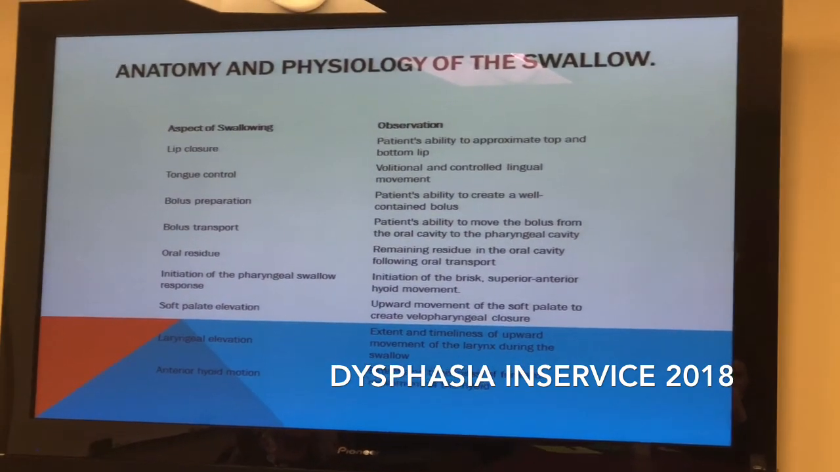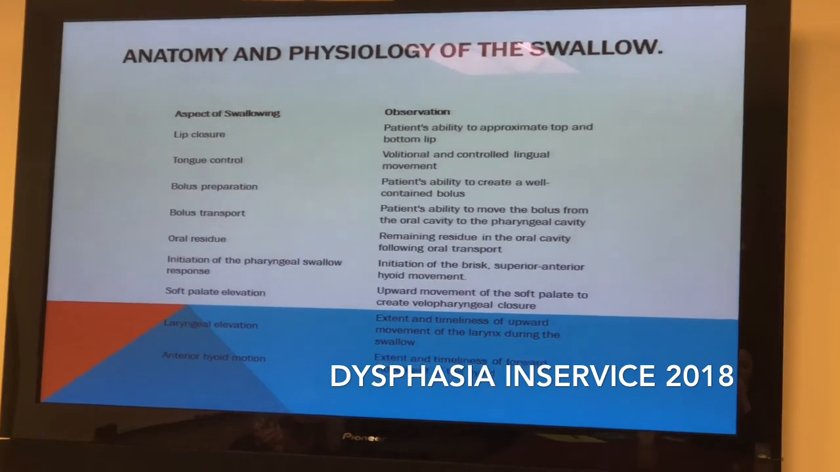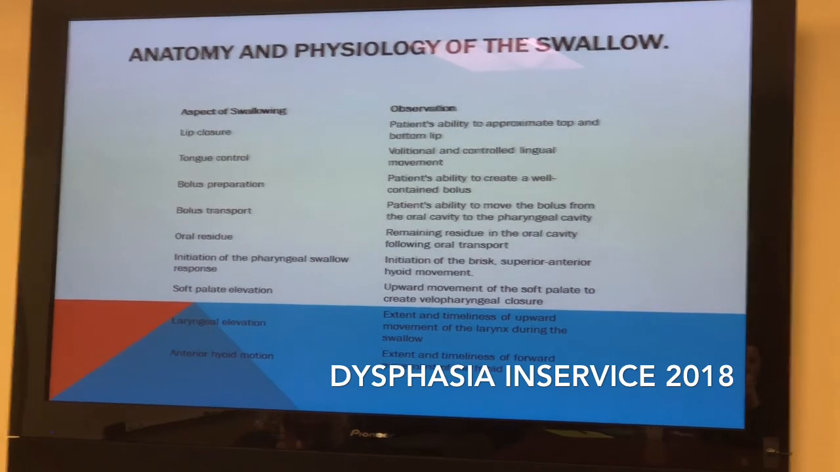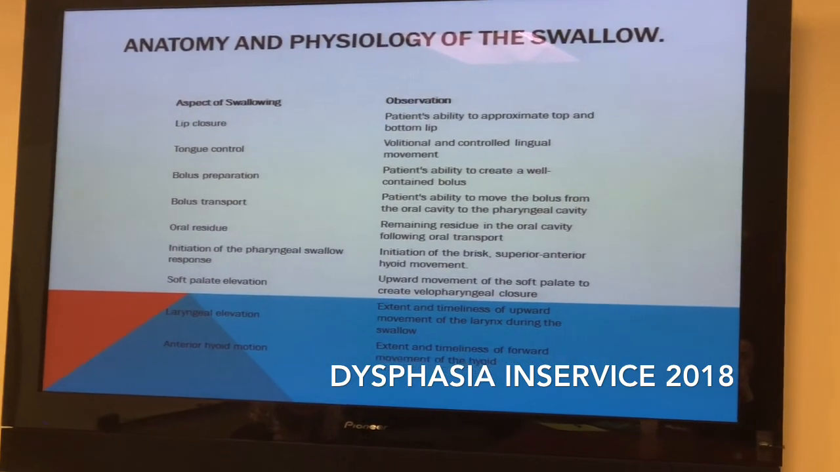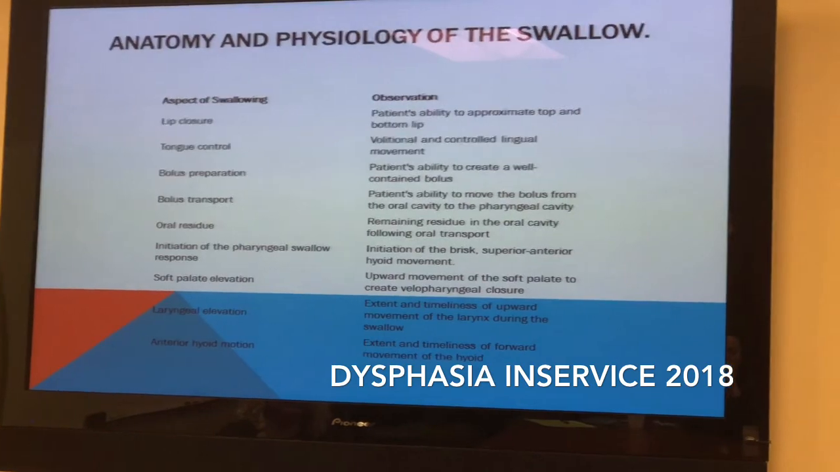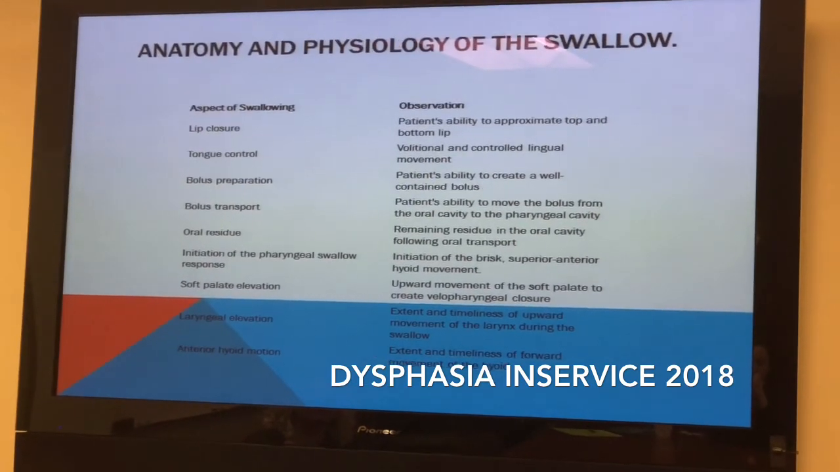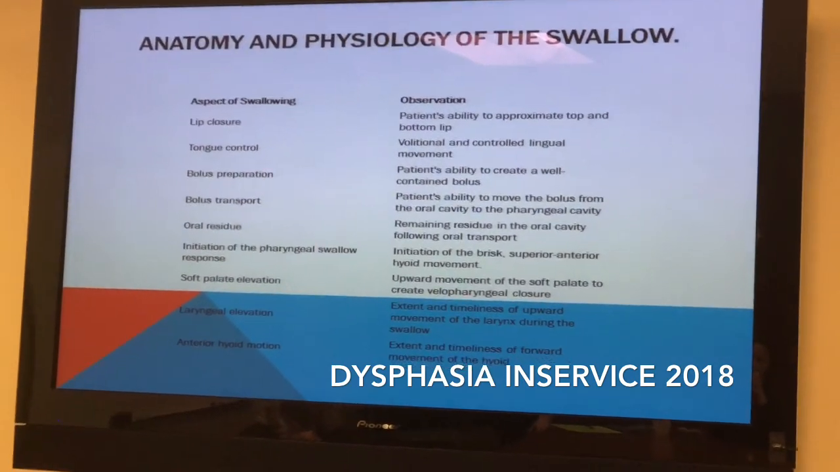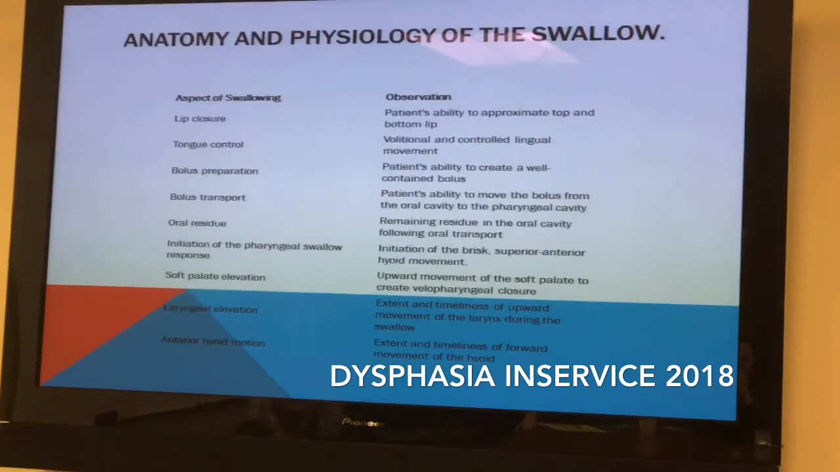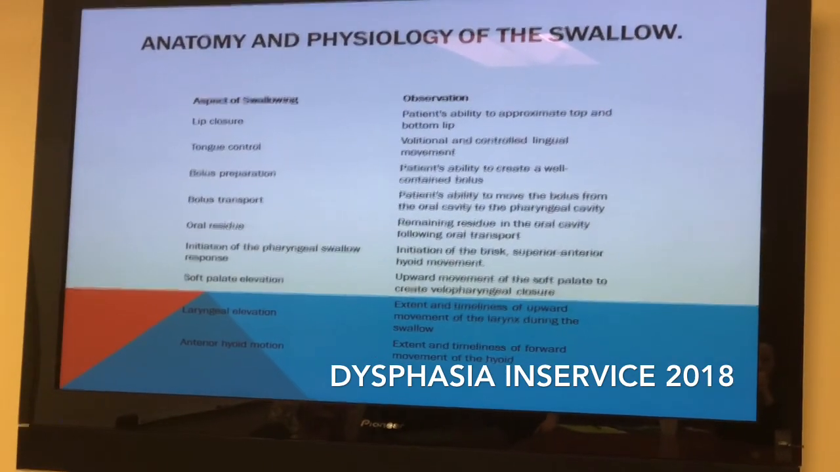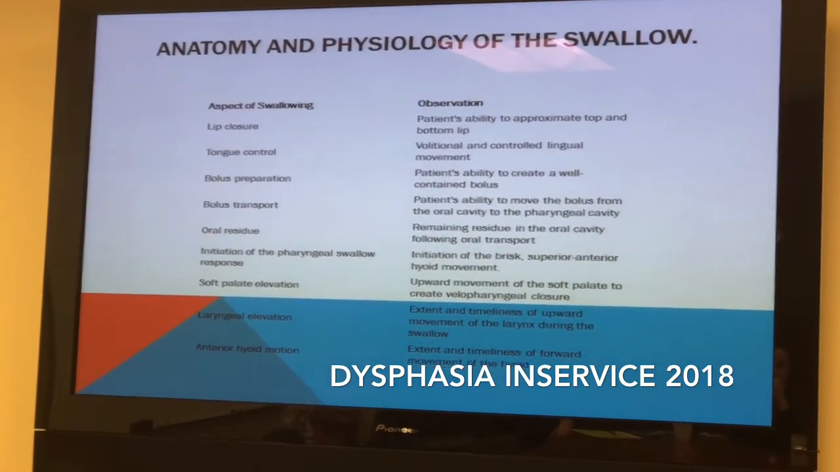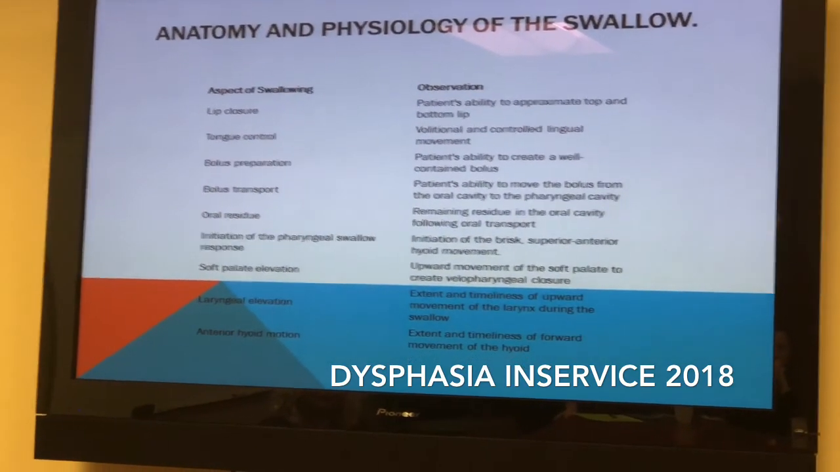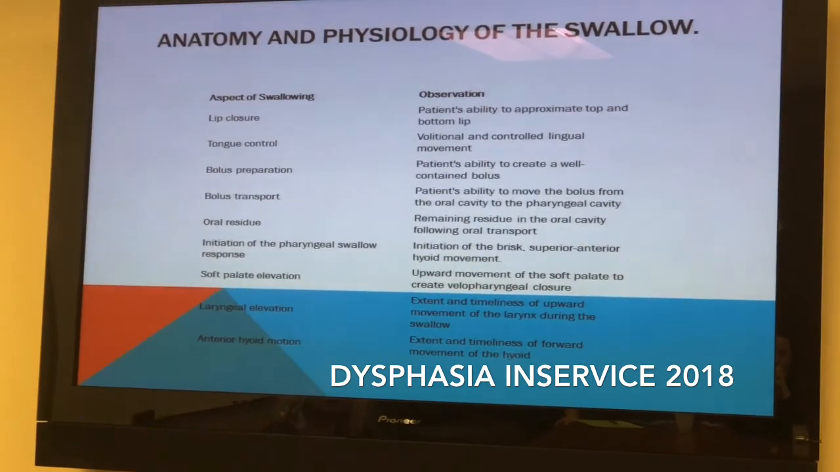How well the patient can transport that bolus over the base of the tongue and into the pharynx. We also look to see if there's any oral residue after they swallow. We look to see initiation of the pharyngeal swallow, and we look for a brisk superior anterior hyoid movement, so that's up and forward. The hyoid has to move. We look for soft palate elevation, which you can't see at the bedside, but you can see on a swallow study. So the soft palate has to move upward and close off your